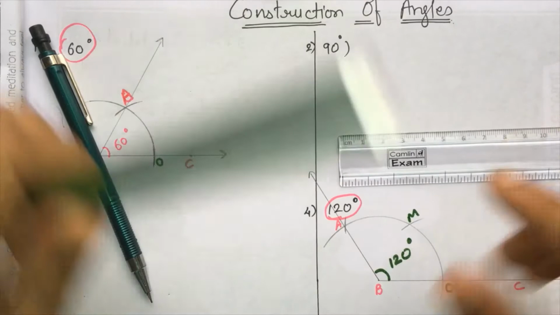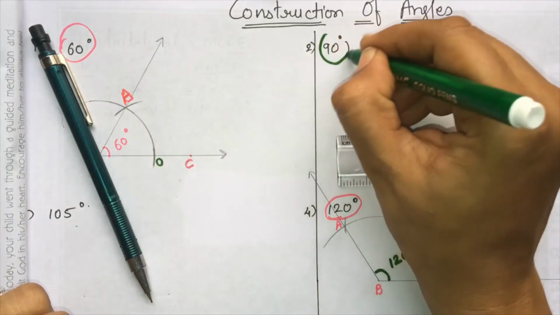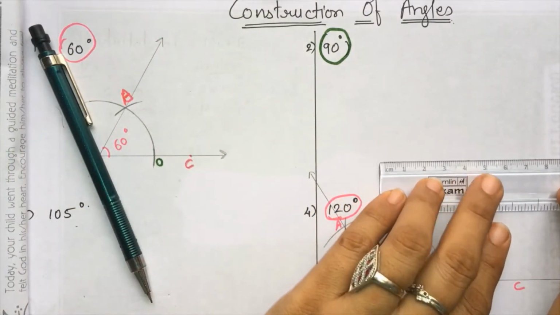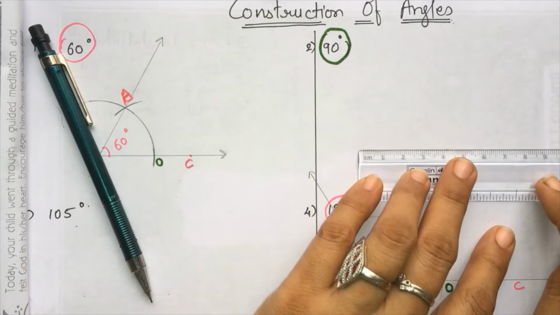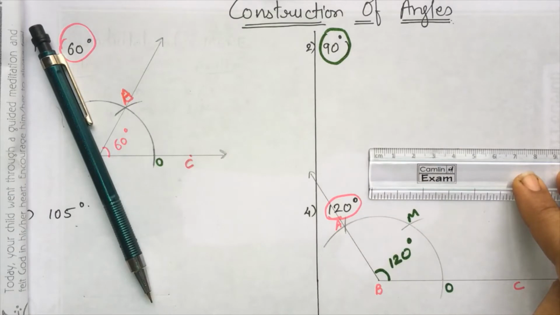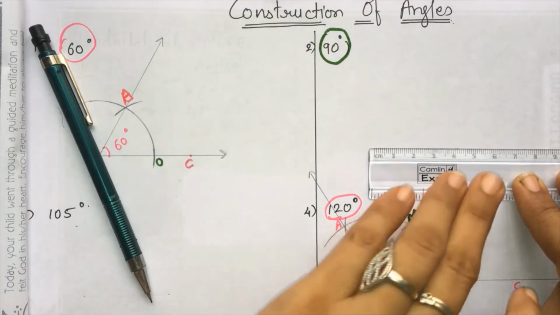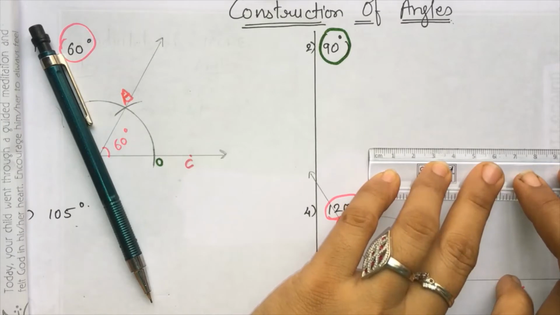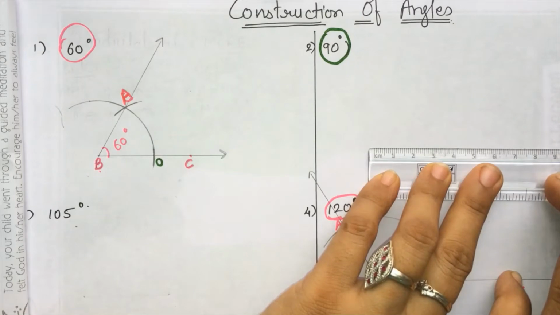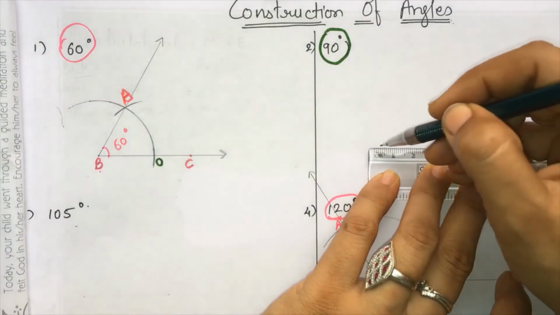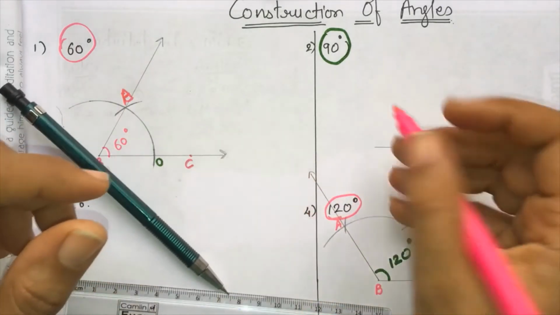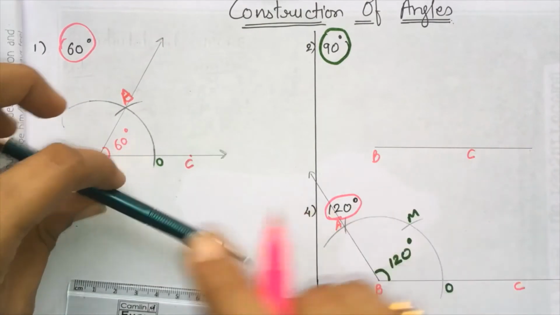Third, this is 90 degree. For that, again we are going to repeat the same thing. Students, you have done all these things earlier in the 7th class. I am just repeating it so that you can recall all the constructions of all the angles, so that it will be easier for you to construct a quadrilateral when measurements of angles are given to you. So again, same steps, drawing a ray, naming it B, C,